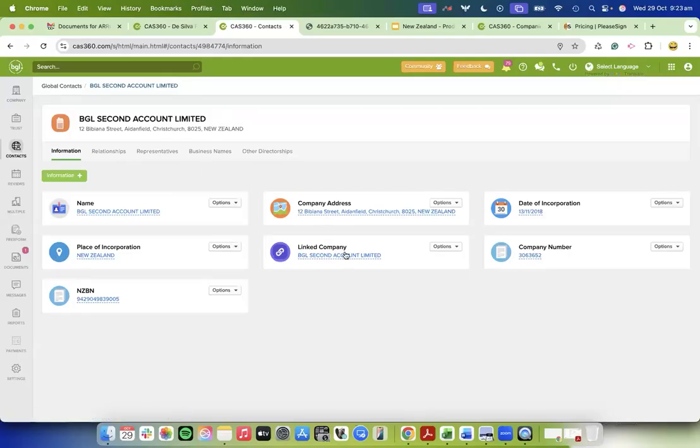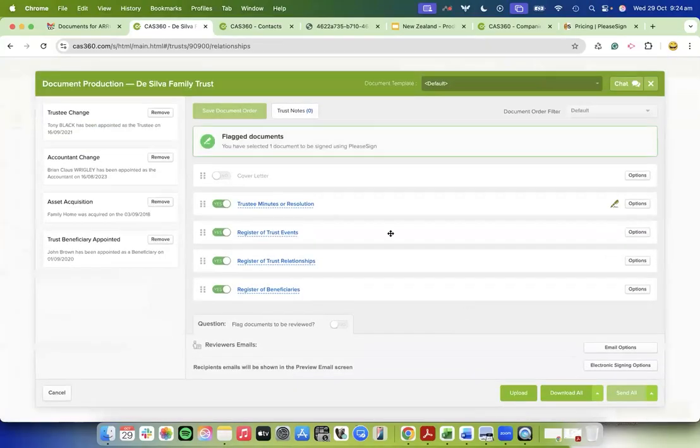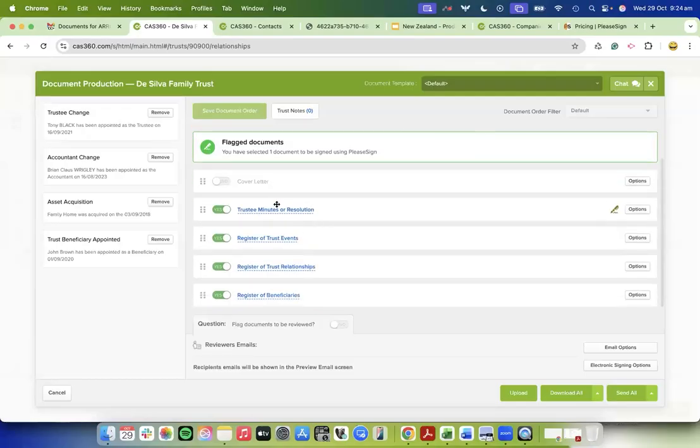In this scenario, I don't need to assign the representatives. What CAS 360 will do is if you have the company linked, it will automatically select the directors of the company and display the directors as the signatories signing on behalf of BGL Second Account. So because I have linked it here, let's have a look at how the documents are displayed. If I go into my prepare form screen and have a look at my trustee resolution here,